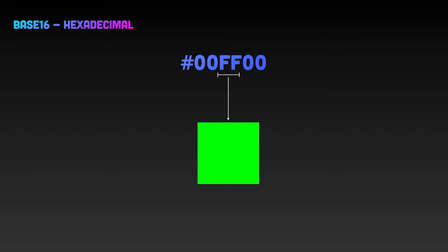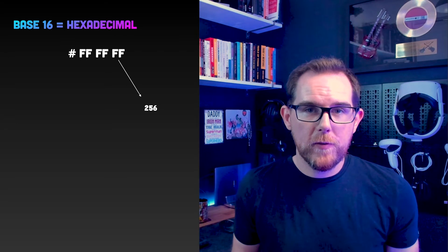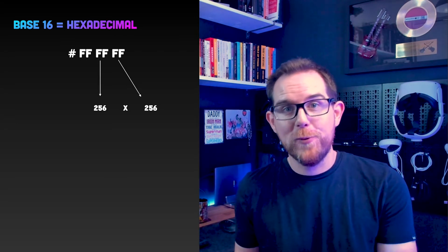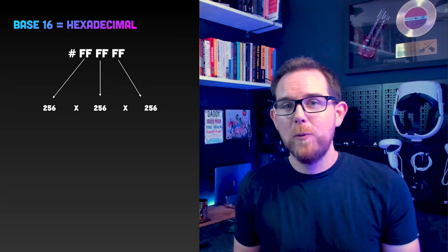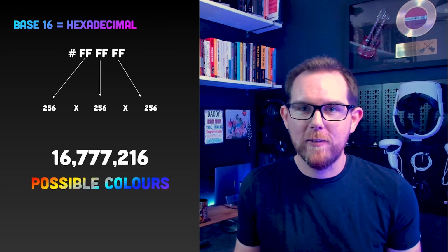a 2-character hexadecimal number. If we look at this in terms of colours, then FF with the rest zeros would be red, 00FF00 would be green, and 0000FF would be blue. Given that we know we can have 256 different values and we've got 3 different sets, that would be 256 times 256 times 256 different combinations, which gives us the 16.7 million different colours that you can represent with a hexadecimal colour range.